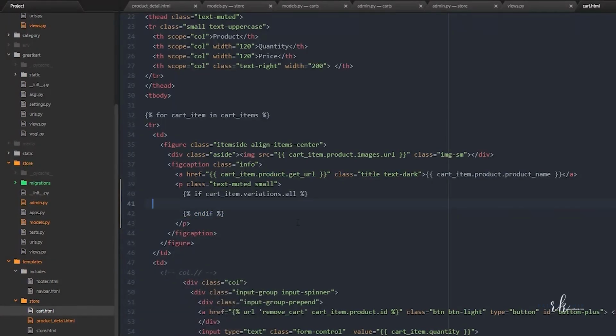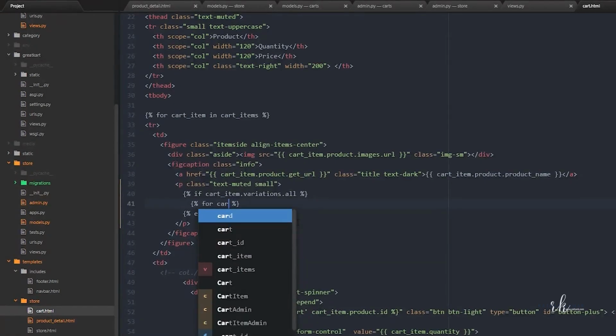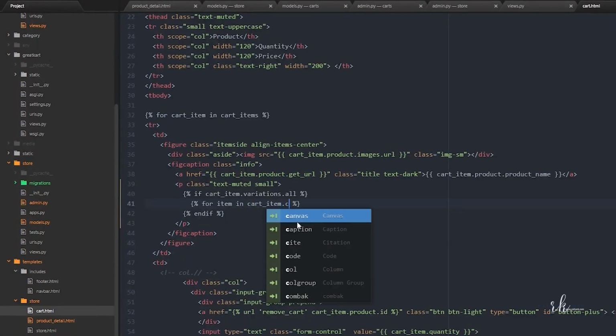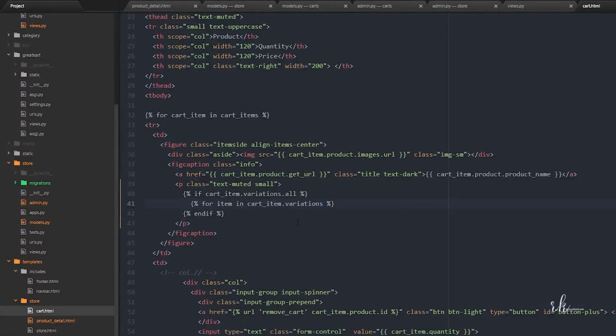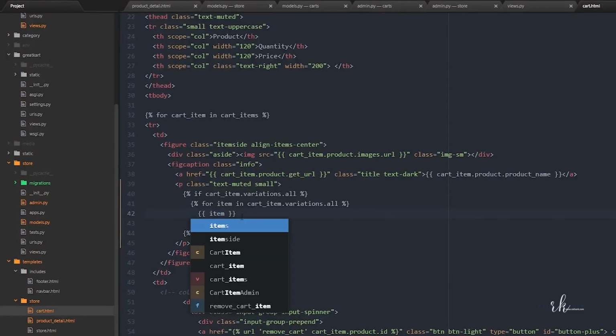Now for item in cart item dot variations dot all, and inside here we will just say item dot